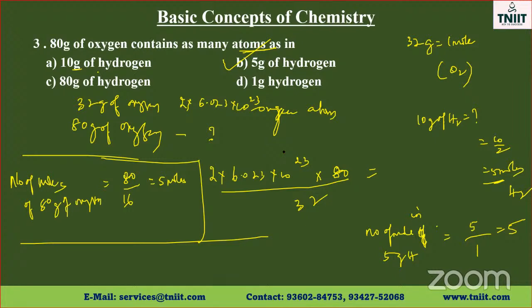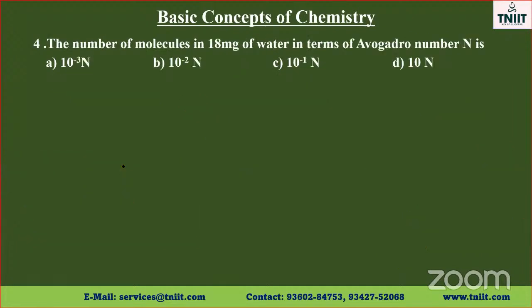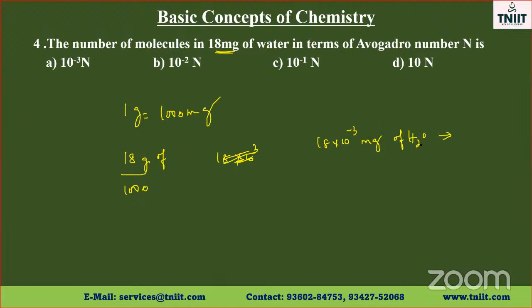The next one. Number of molecules in 18 milligrams of water in terms of Avogadro's number. 18 milligrams. So 1 gram is equal to 1000 milligrams. So we can say 18 grams of water. 18 grams is how many milligrams? 18 into 10 power 3. It will be 18 divided by 1000. So it will be 18 into 10 power minus 3 grams of water contains